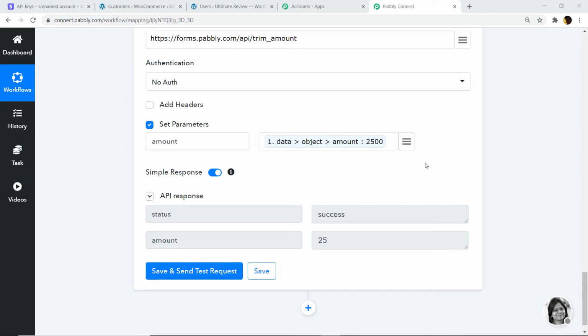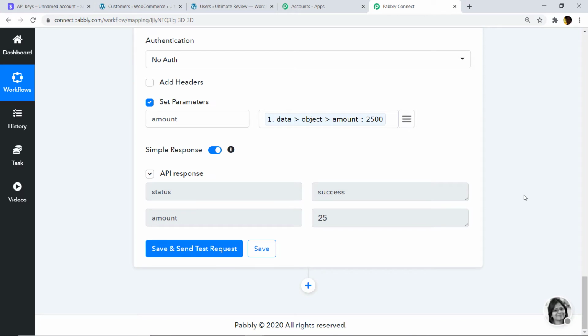But before that, we actually have to change the currency from lowercasing to uppercasing. Your question now would be how I'm going to change the currency from lowercasing to uppercasing and why it is necessary. Because WooCommerce demands the currency casing in uppercasing, but Stripe returns the currency casing in lowercasing. So we need to change from lowercasing to uppercasing.